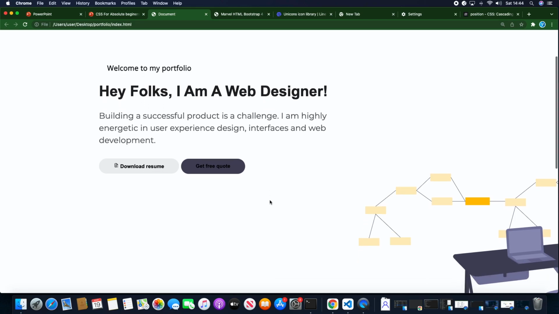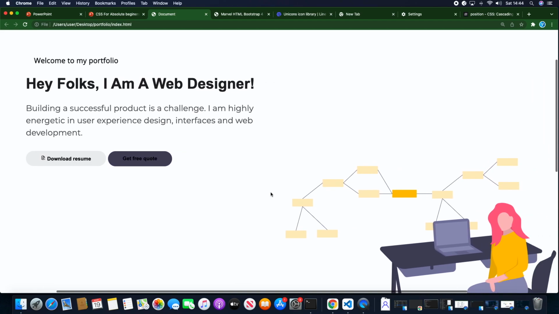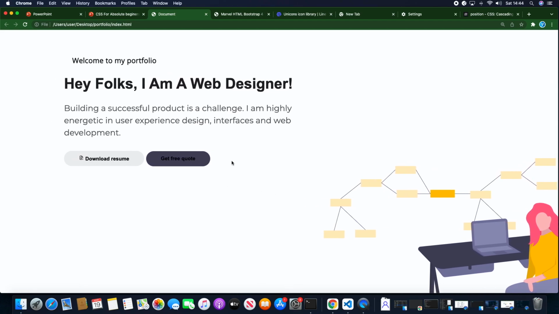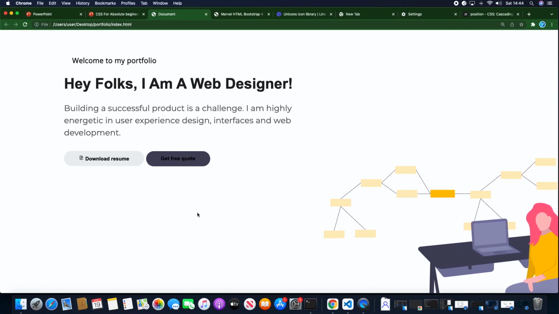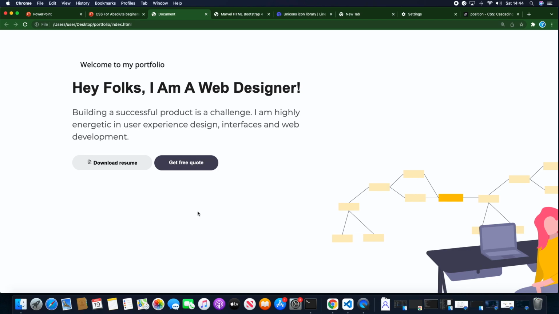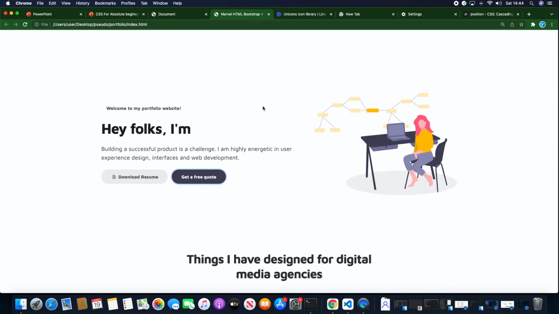Yeah, so you can see how we use the pseudo selector to target the last child of that element, right? And we can set the color to be white. Then you can see how we use the pseudo selector to target the last child of this button, because there are two buttons, right? So we continue from where we stopped. And the last but not the least is this